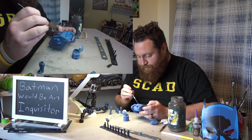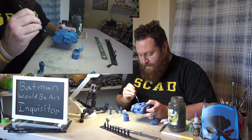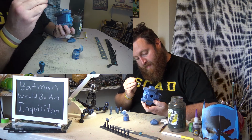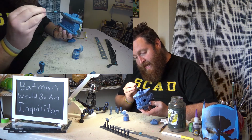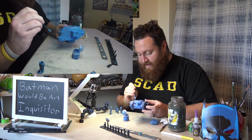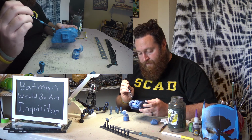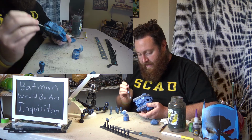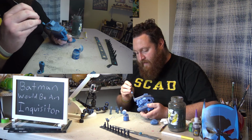Like I had a game that I played recently where I wanted to charge into one of his units with a bunch of Deathwing Knights, and it would have been a long charge, but it was possible. But I realized that if I tried for it, I was going to leave Belial out by himself, and he was just going to get shot to shit because of that. And so I just didn't make the charge because I couldn't risk leaving my HQ out on his lonesome like that. It just was going to be completely counterproductive for me to even try that. So these are a lot of little tactical things that I think you're going to have to keep in mind now,